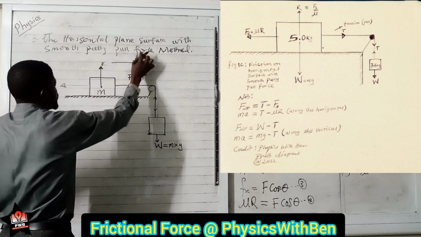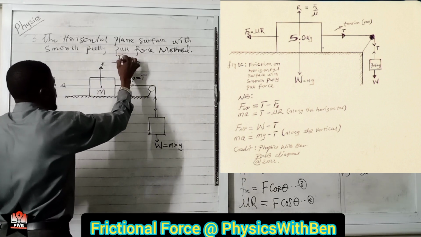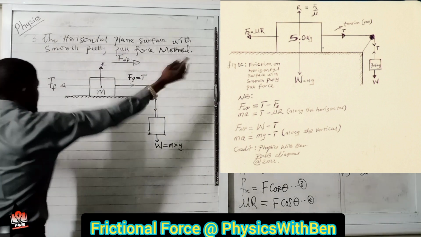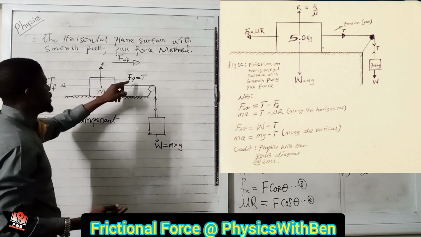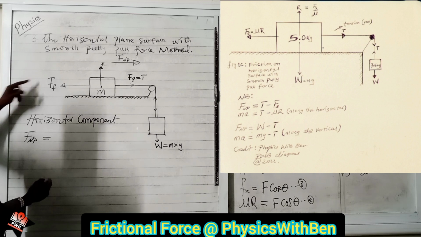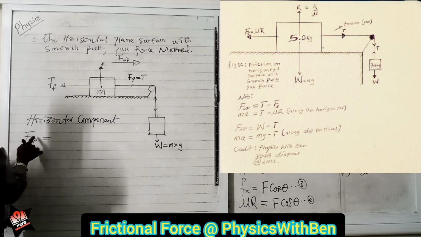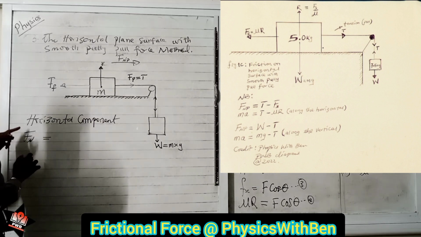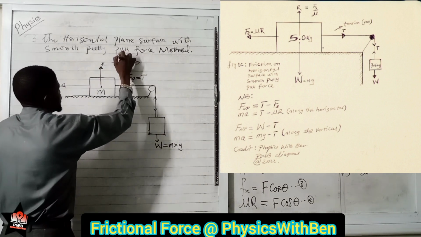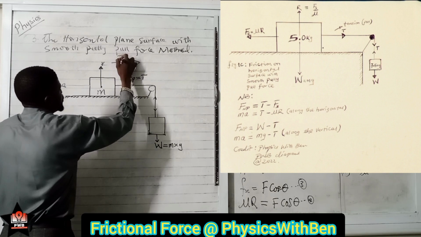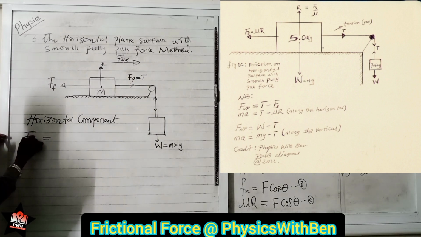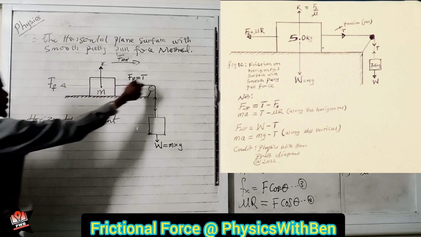And so your total net force in this horizontal direction becomes this pull force minus this frictional force. So we write that our horizontal net force becomes